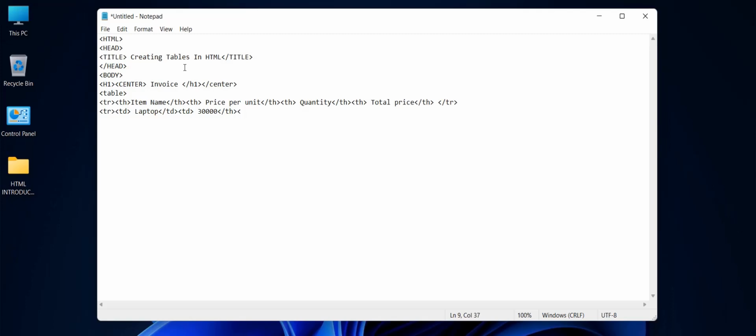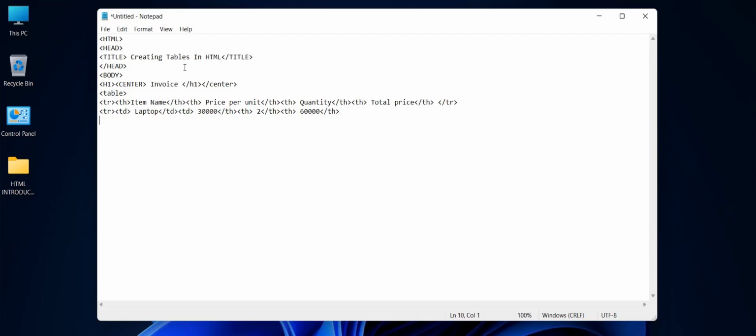Then in quantity maybe 2, then I'll end the TD, and then I write total price is maybe 60,000. So I'll end the TD.